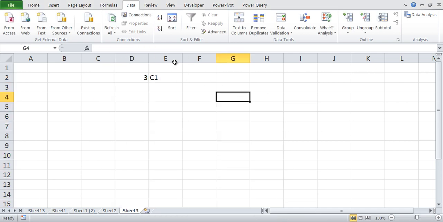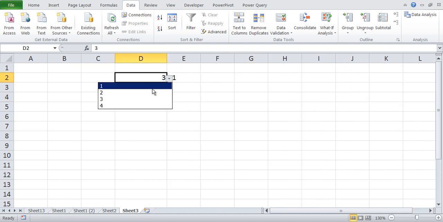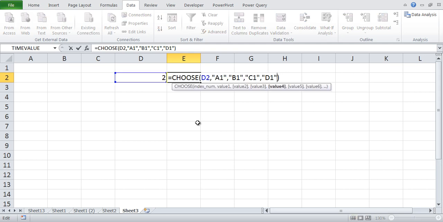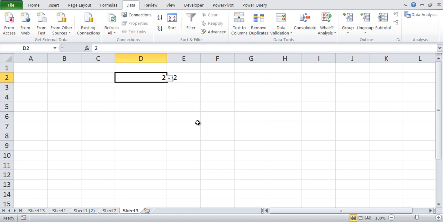Another way, let's say I can write Q1, Q2, Q3, Q4. If you select 2, it will be Q2. If you select 4, it will be Q4, right? So you are choosing a value based on the index.